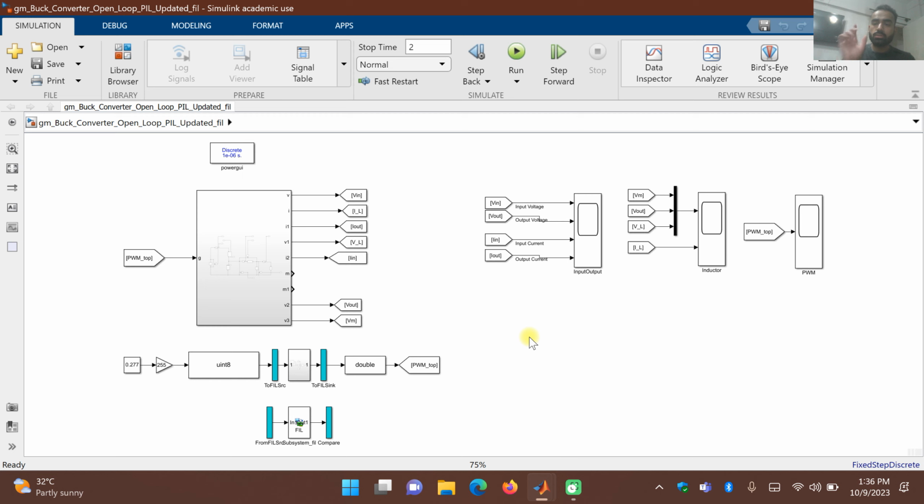First of all, for simulating this circuit, you should generate the FIL block of the part of the component of your simulation which you want to implement on FPGA, which is my controller over here. You can see these blue boxes are just for sending data to FPGA and then taking data out from FPGA. And the data type should also be matched. You can also see that this is the FIL code, which is the C++ code,